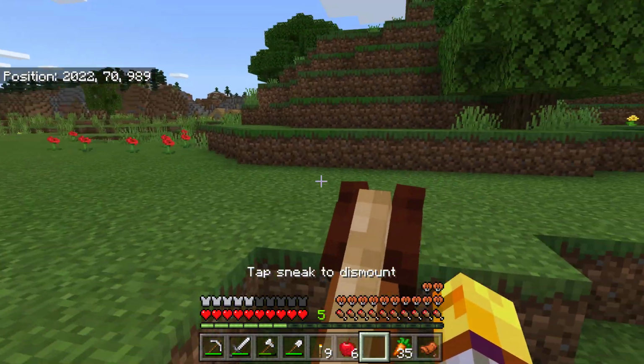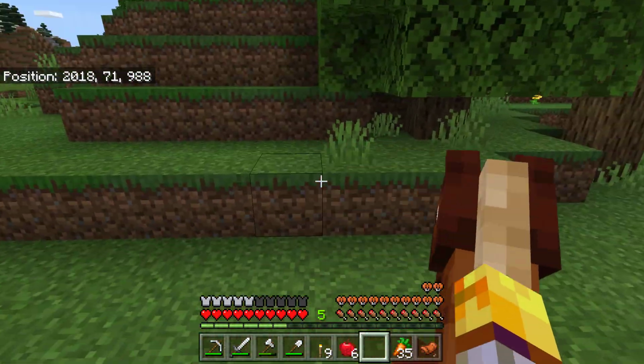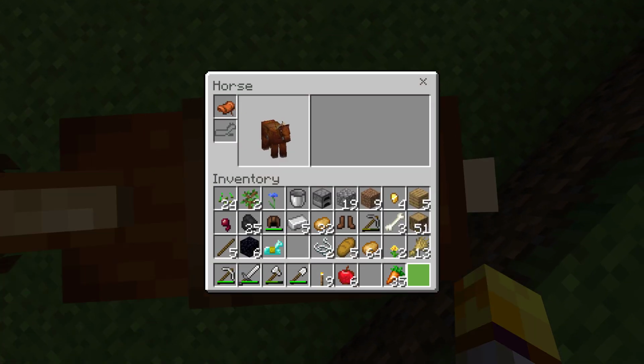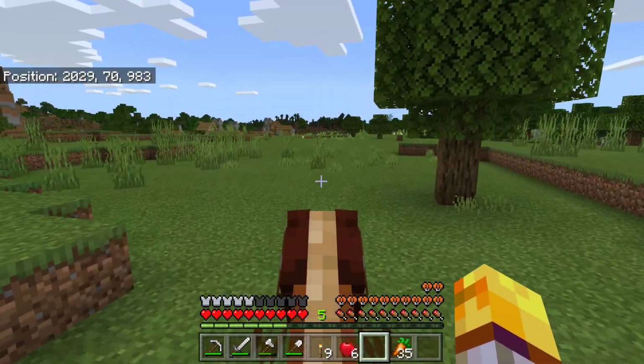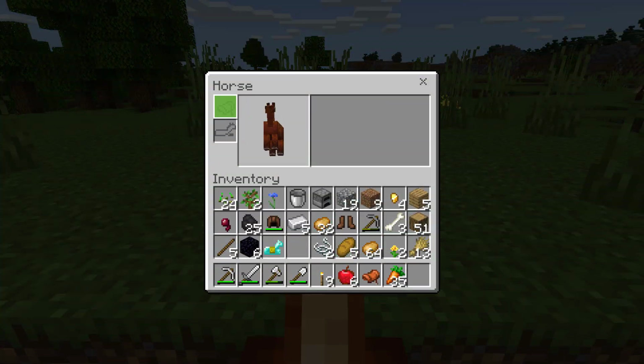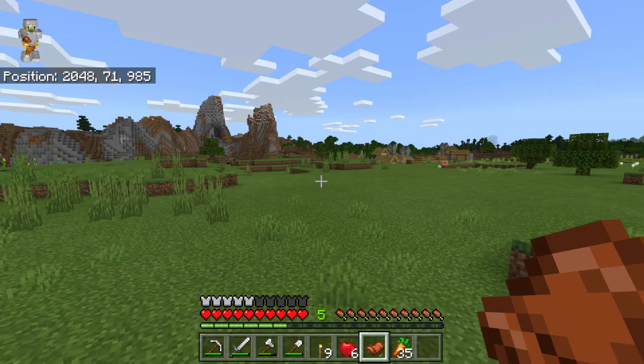Oh, no, I didn't actually mean to feed you that apple there. That's actually for me, but if it helps, it helps. All right, so we can put the saddle on this and have a look. Okay, so this guy is not insanely fast. Let's take the saddle back off him and jump off here and see if we can go find the other